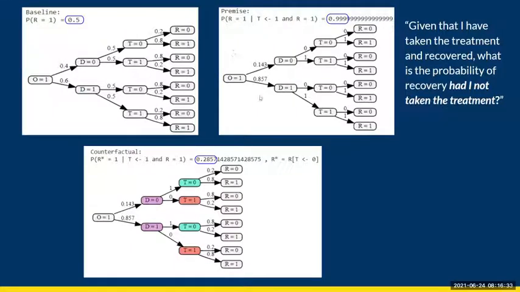And so when it renormalizes to account for that, the probability of not having the disease is going to be a lot lower than having the disease. So it recalculates and says that basically I'm assuming that you had the disease, you received the treatment, and you recovered, and so you had a high probability of recovering. In the counterfactual world, we're trying to look at, okay, I actually recovered, but what is the probability of recovering had I not taken that treatment? And so that probability drops down to 0.28,